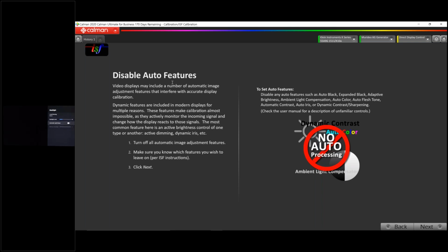Anything that you see in any TV, regardless of the brand, make, model, whatever, we want to make sure that the energy saving stuff is turned off. We want to make sure that things like the ambient light sensor is turned off. This can wreak havoc when you're trying to calibrate a TV and take readings when the ambient light sensor is trying to adjust the TV on the fly. So make sure these things are turned off. They do more harm than good anyway, and especially the same thing with the energy